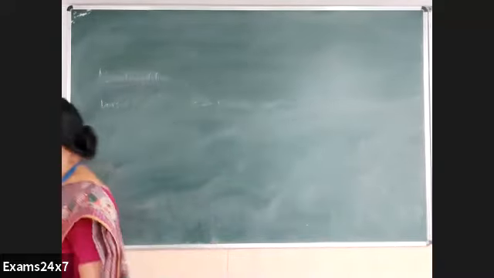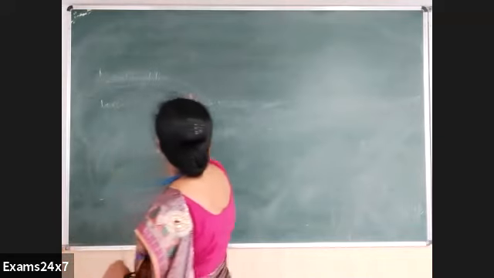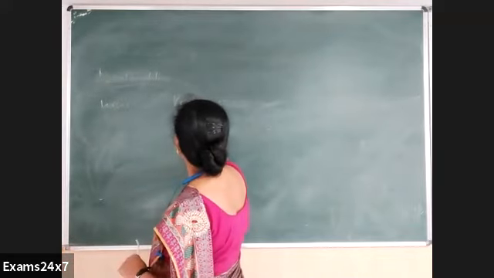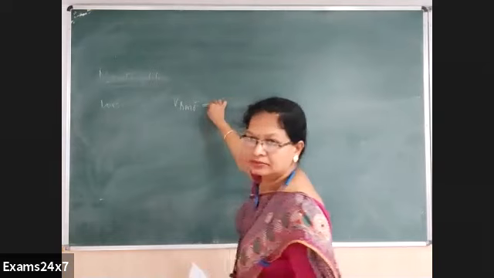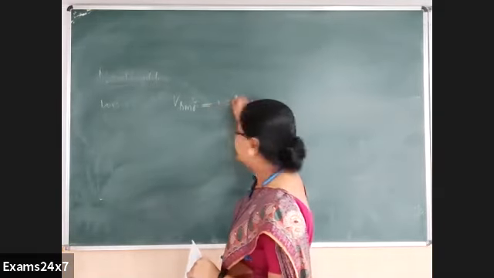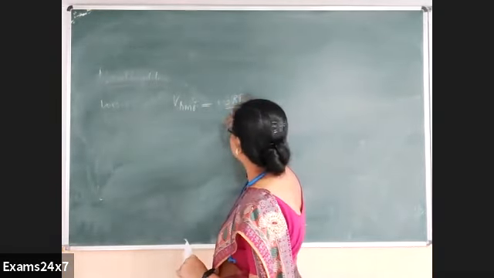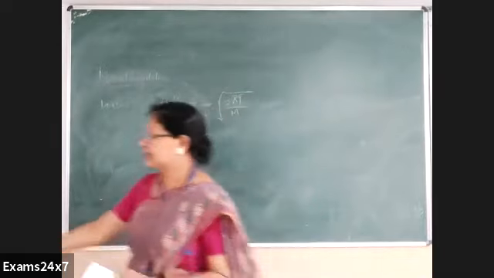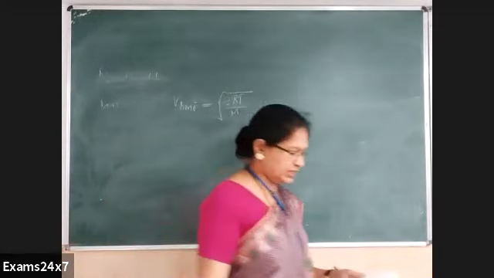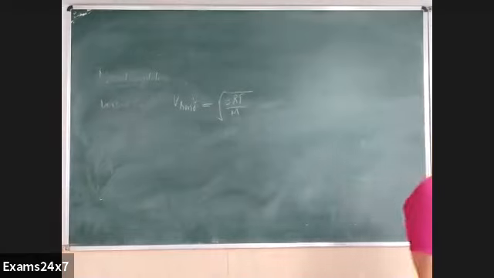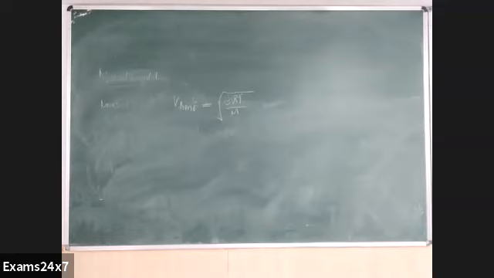What is the RMS velocity formula? VRMS. Darshan, can you tell? Square root of 3RT by M. This formula is there. Using this, can you just try to solve? Temperature at which oxygen molecule has the same RMS velocity as that of helium at temperature 300 Kelvin. You try on the board, not in your book. Come on. Sudeep, yeah.